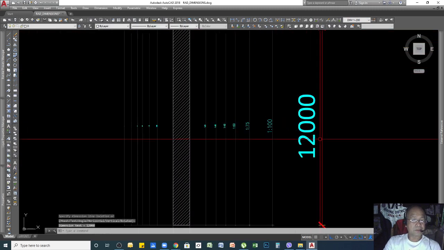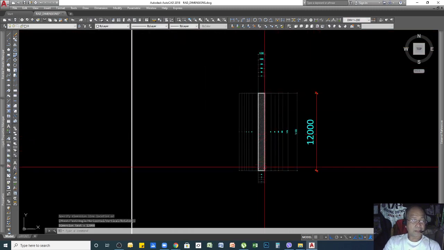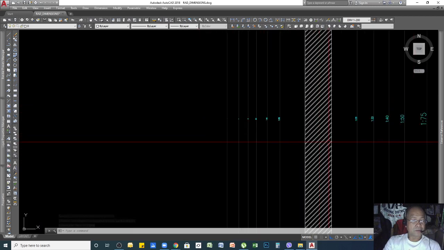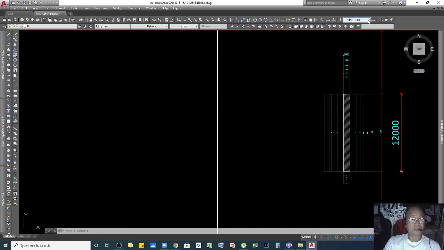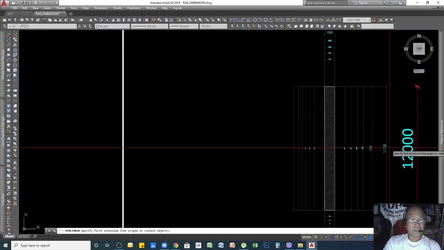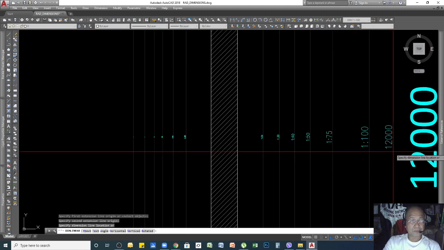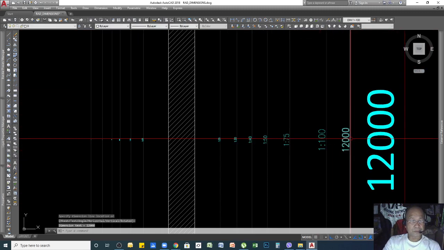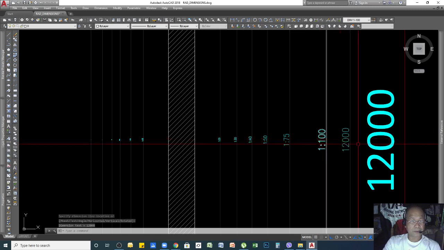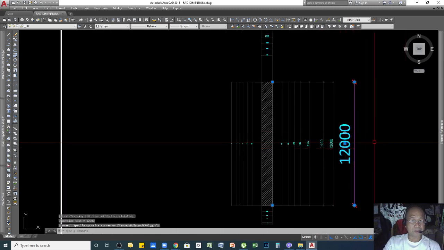You see, the length of this line actually is 12,000. To know that, I will check, because I edited these figures or numbers for your use. You see 12. So this is for 1 is to 100 scale. So what we set up is this one.